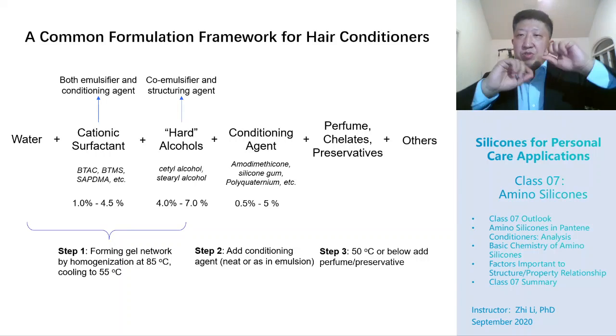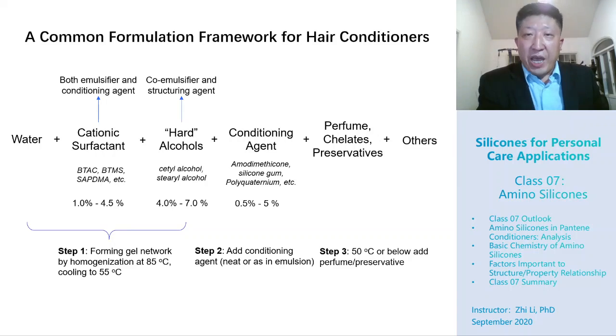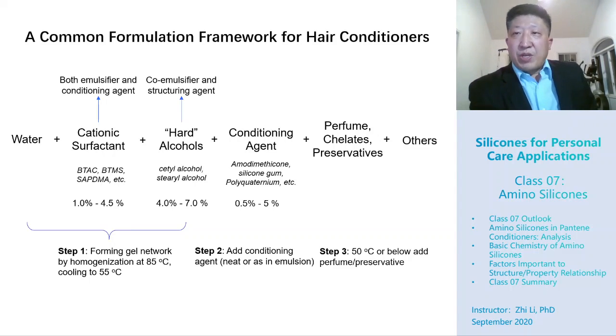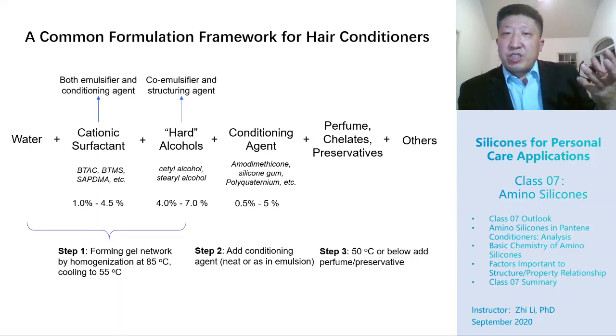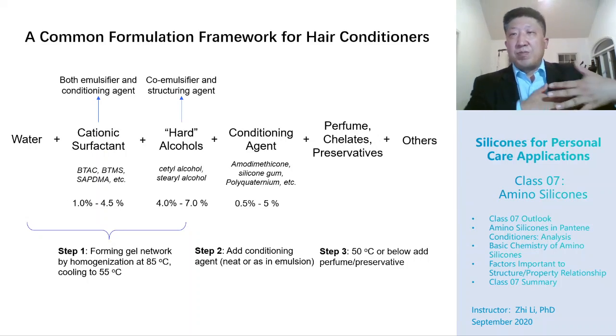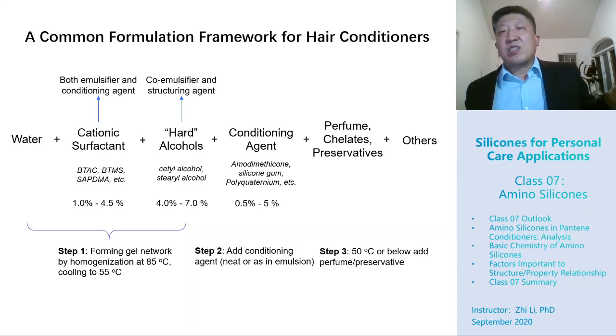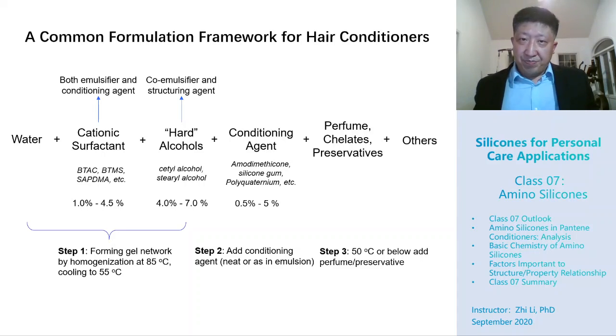You have those long, hydrophobic chains that tend to pack with each other, maybe forming short-distance crystallization, which they also call the liquid crystal structure. But they form a lamellar, kind of three-dimensional structure